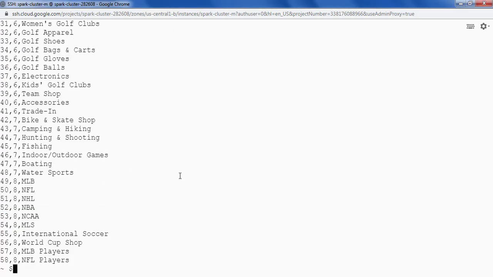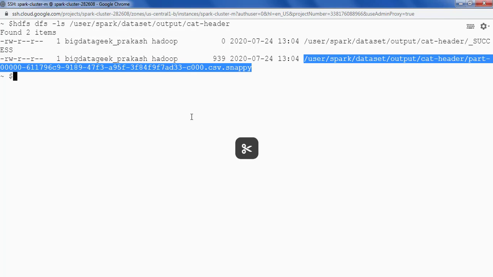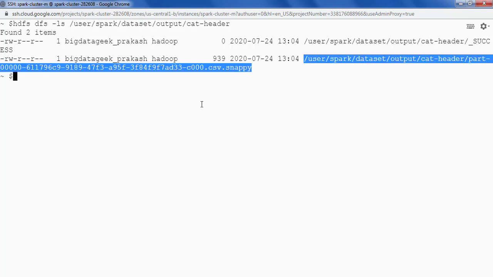Now let's go back to HDFS. Let's do hdfs dfs -ls on top of the directory and see the file. This time, if you notice, we have got a .csv.snappy extension because we have saved the data using snappy compression. Are we able to see the content of the file?